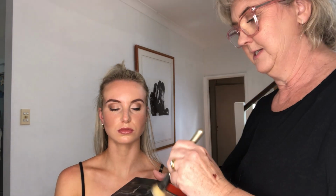With the nude. Now we're going to set it. So what I want to do is I want to get a super fine powder, and I've got this powder here which is extremely finely milled. I'm going to go over the top, but I don't want to powder everywhere. I just want to set